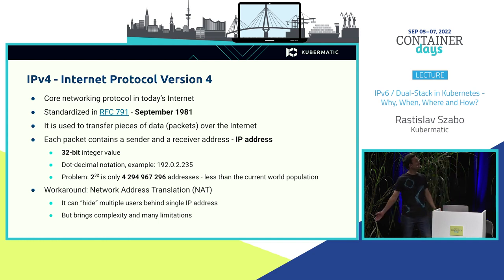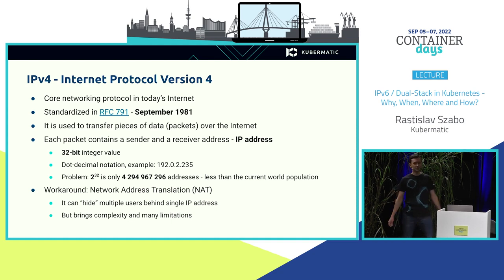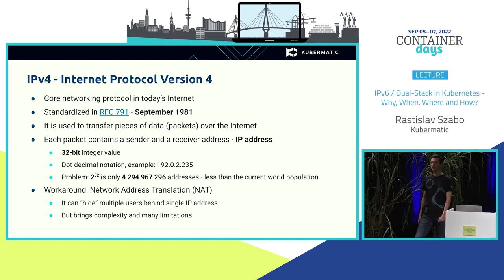So before IPv6, let me first talk about IPv4. Because it's still the core networking protocol that we use nowadays in today's internet. IPv4, or Internet Protocol version 4, was standardized back in 1981, so like 40 years ago, and we still use it. Essentially, it is used to transfer pieces of data that we call packets over the internet. And whenever the packets are transferred over the internet, they need to have sender and receiver addresses that we call IP addresses. And the IP address in IPv4 is a 32-bit integer value. We use dot-decimal notation for IPv4 addresses. So an example is like